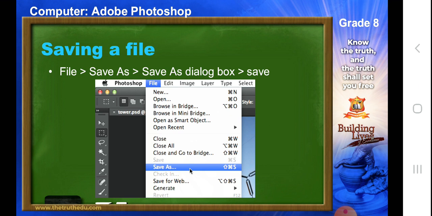Similarly, we also discussed creating a Photoshop file. When you create a Photoshop file by clicking on File and the New menu option, you would see a new dialog box appear, and on the right hand side, after assigning the name, you can adjust the width, height, resolution, color mode, as well as the background contents.